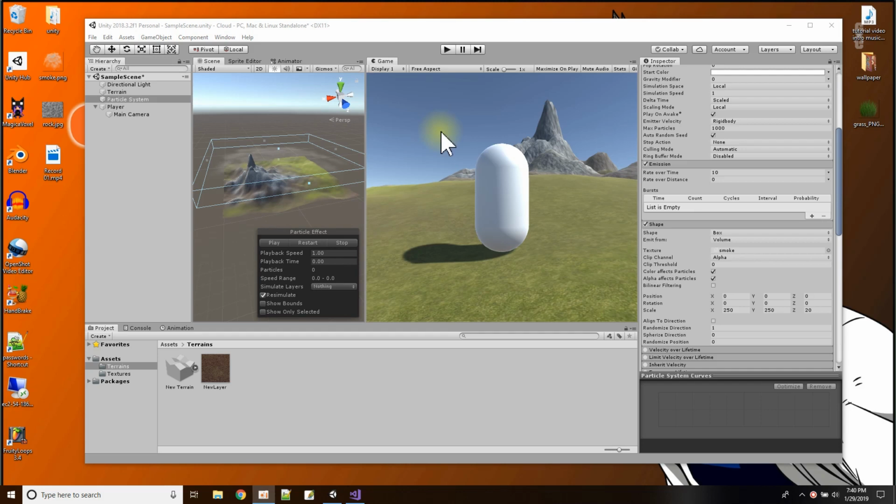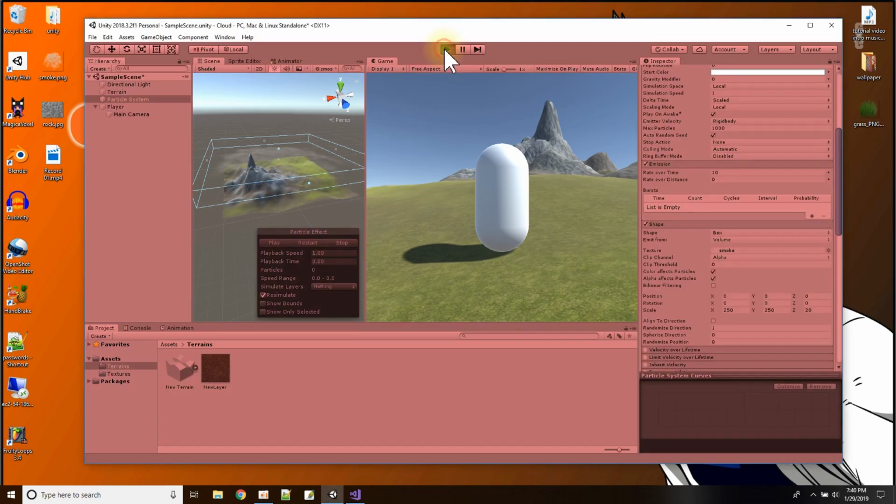Hi, I've been playing around with the terrain tool in Unity 2018.3, and then I also started playing around with how to make some clouds, and I got an idea from somebody else on YouTube called Sketch to use a particle system for clouds. So what I'm going to do in this tutorial is show you how I came up with